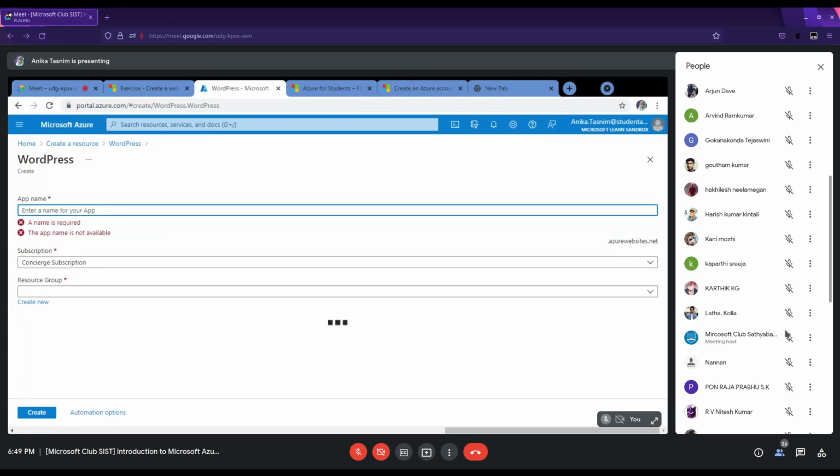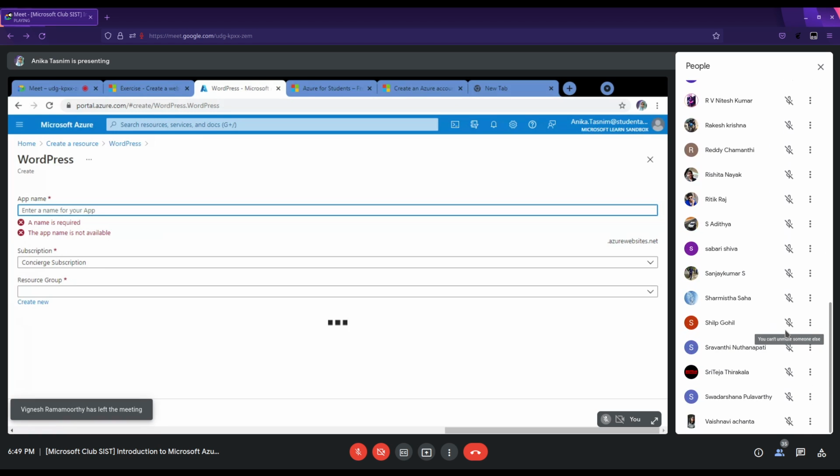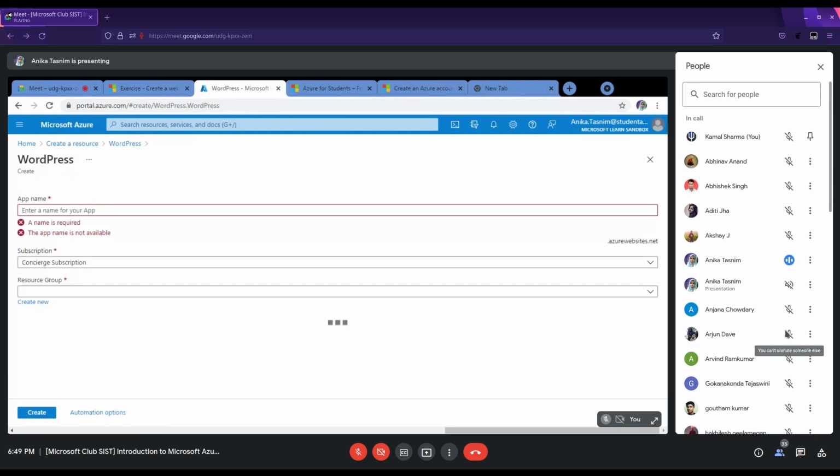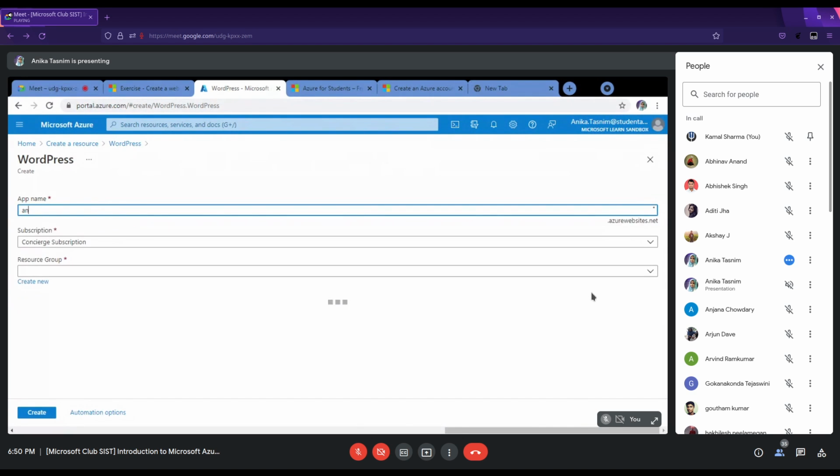So we can customize our URL. In the app name, you can use the URL you need. Like if you are creating a portfolio for yourself, you can just add your name. So if I create a portfolio, I will add something like anikataSnake.azurewebsites.net. Okay, it shows that a name is required, and it's not showing, but let me